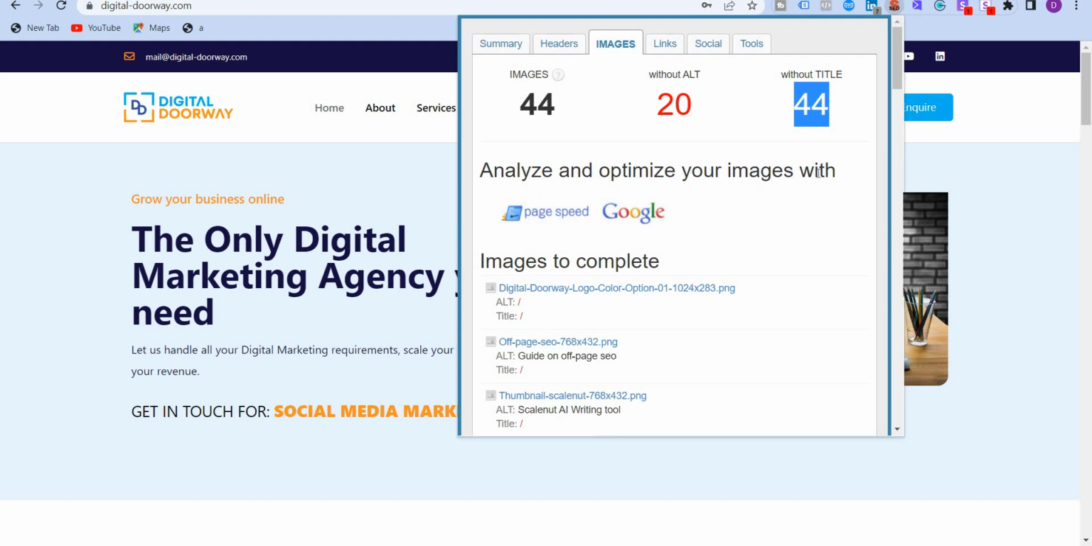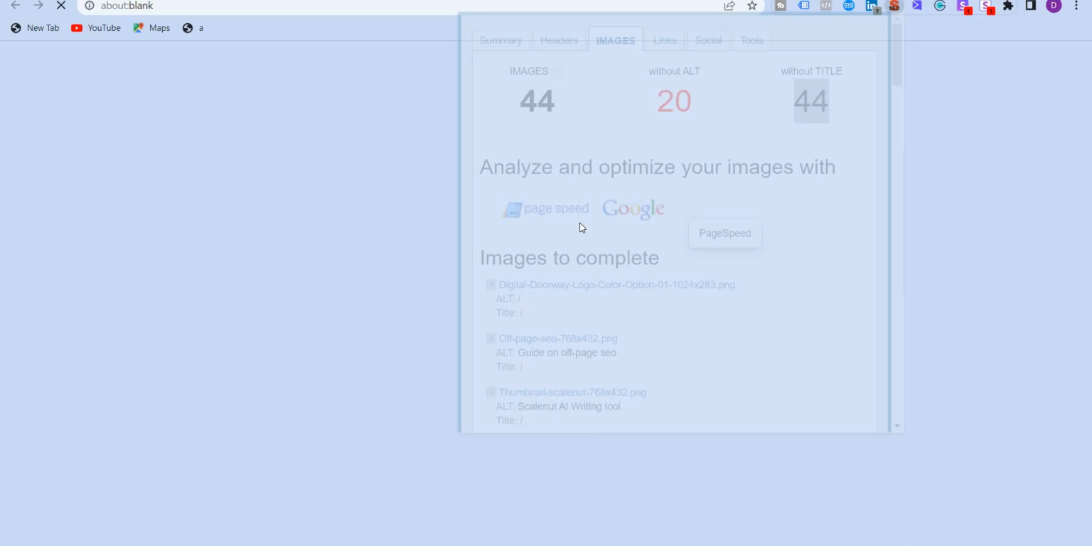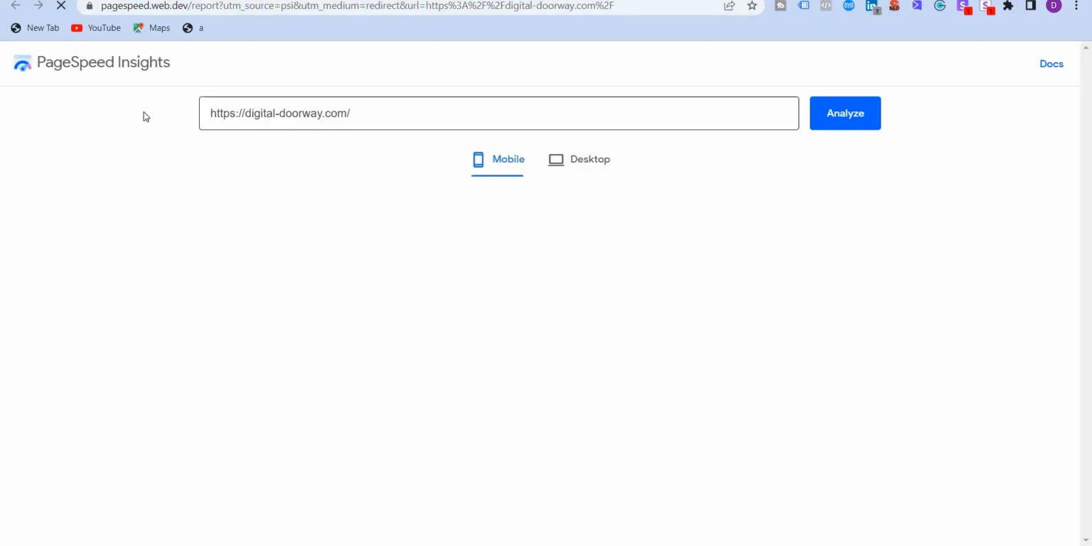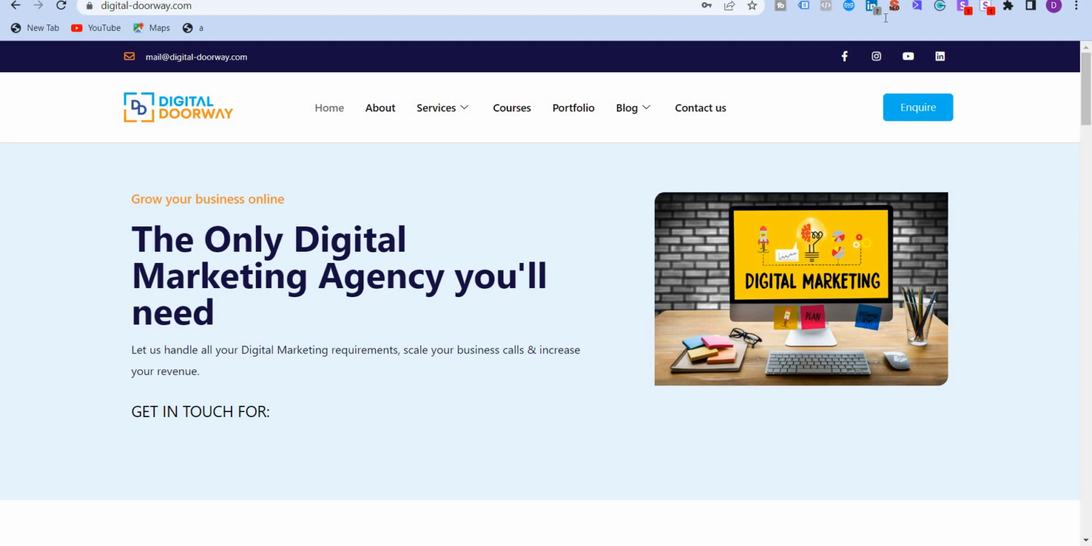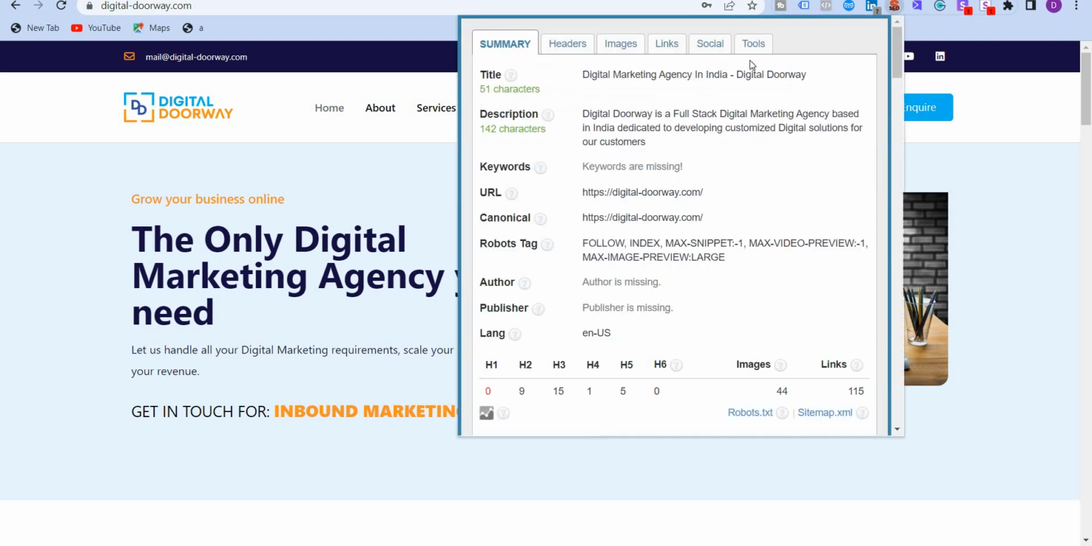Again, you can analyze and optimize your images with PageSpeed. I'm going to click on PageSpeed, and PageSpeed Insights, this is a free tool by Google, opened up. I'm going to click on analyze, and PageSpeed Insights will analyze your website and uncover more issues, and I will show you the page speed. While this is running, I'm going to go back, click on Chrome extension,